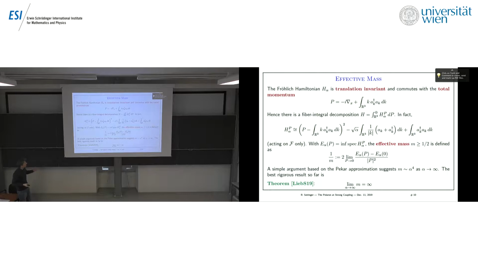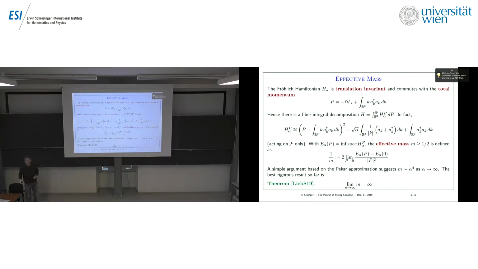Okay? And there's an explicit representation of this effective Hamiltonian with total momentum P, which is simply obtained by plugging in, instead of the electron momentum, the total momentum minus the field momentum. Then you have a Hamiltonian that only depends on the Fock space variables. There's no more electron, right? This is, I think, called the Lee-Low-Pines transformation. Okay, but in any case, we have an energy as a function of momentum, and we can use this to